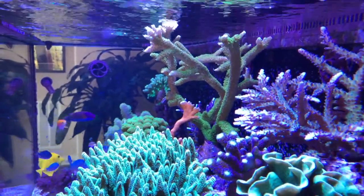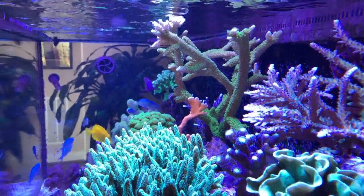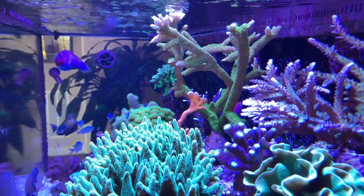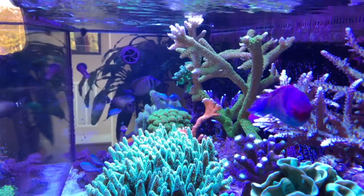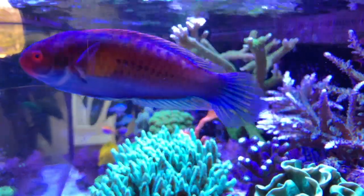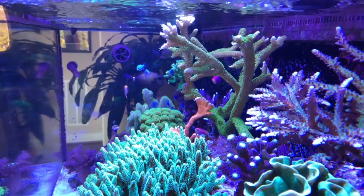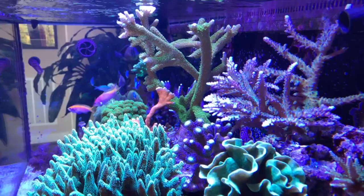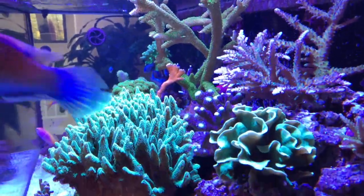So pretty impressive. My ever-present green slimer has been growing like mad. I've fragged this guy up a number of times. It just keeps growing back. I've got a nice Montipora digitata, the orange behind there. And then right behind there you can see what I think is Pocillopora damicornis. So that's doing pretty well as well. So this section of the reef has really been growing aggressively. It's been pretty happy. If we come down a little bit,